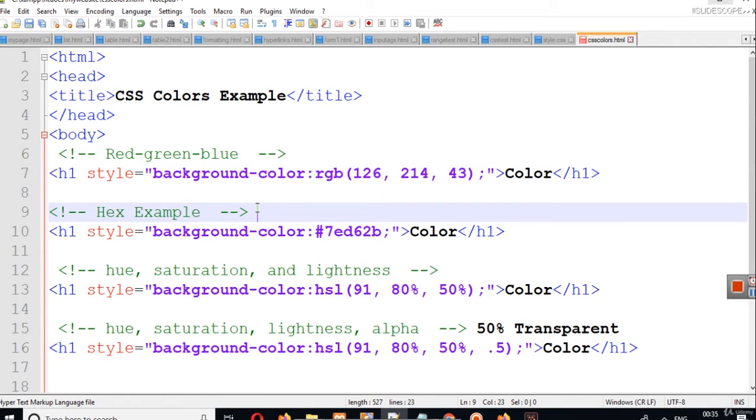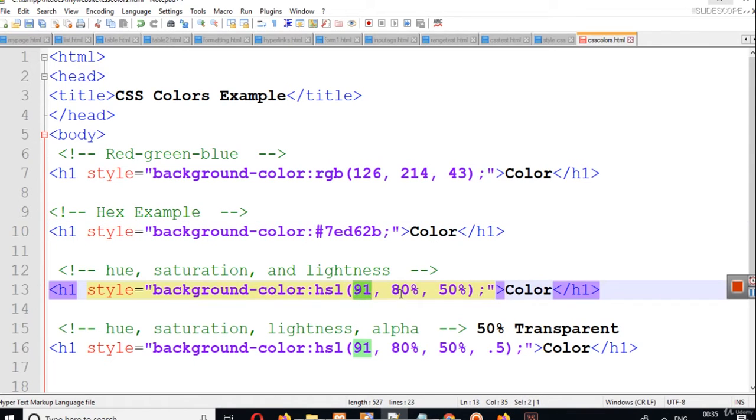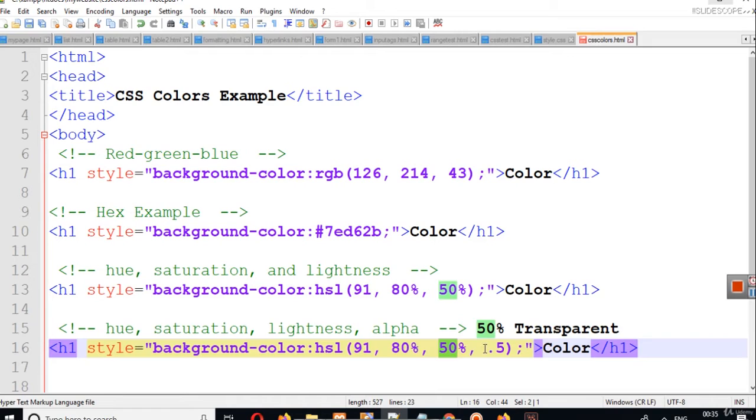In hue, saturation and lightness, this is hue, this is saturation in percentage, and this is lightness in percentage. Then in hue, saturation, lightness and alpha, we have hue here, saturation here, lightness, and then alpha.